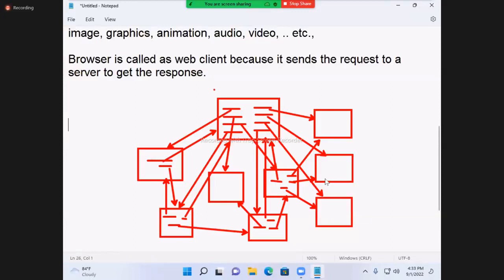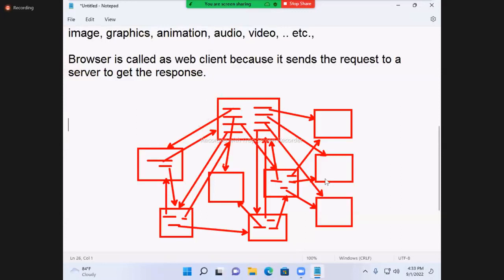Now, if you click this one, this page appears; if you click that one, that page appears. In this total website, thousands of pages are there. Which is the first page? Home page is the first page. Which is the second page? No answer. Because if you click this hyperlink, this page appears, and if you click that hyperlink, that page appears. How can you say this is second or that is second? Both can be called second.